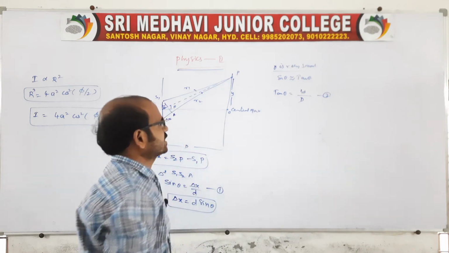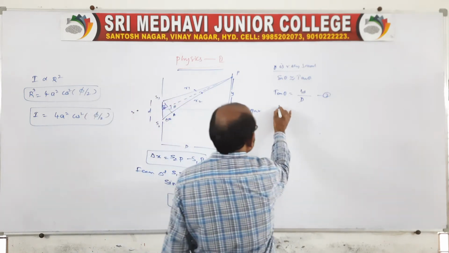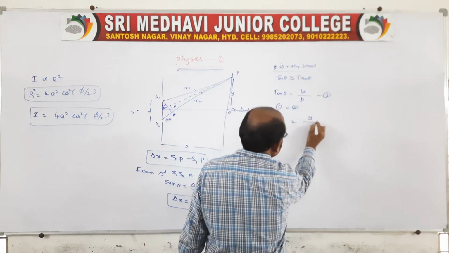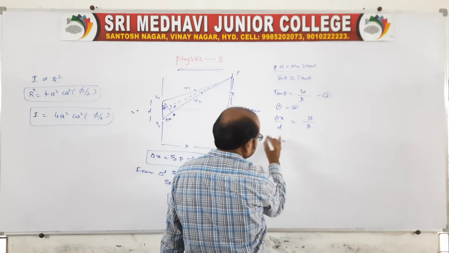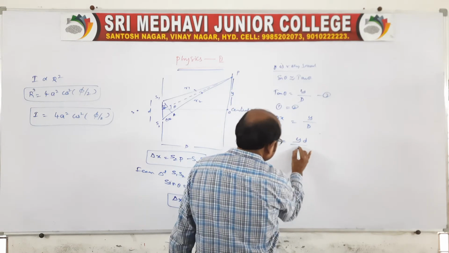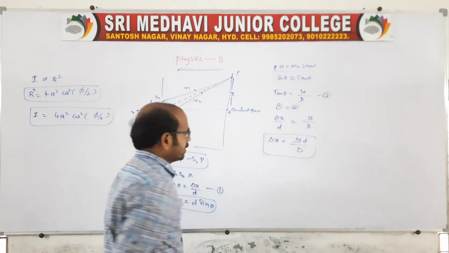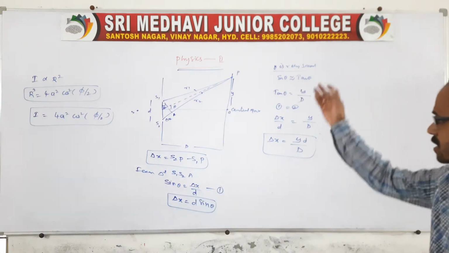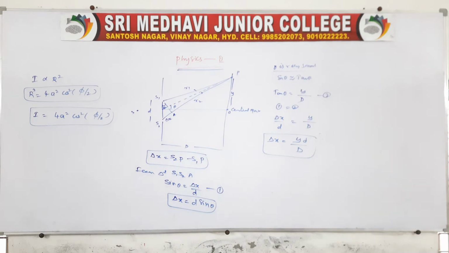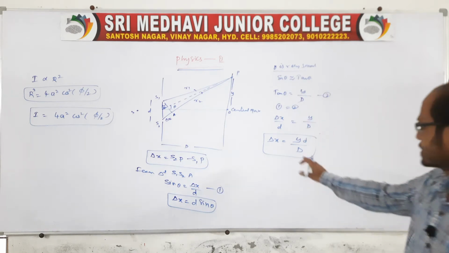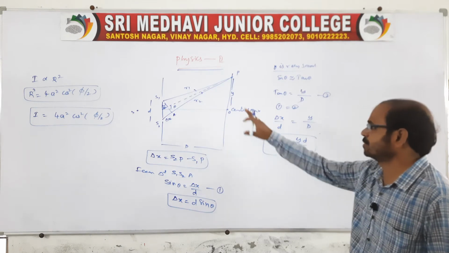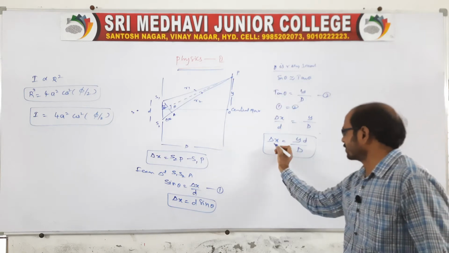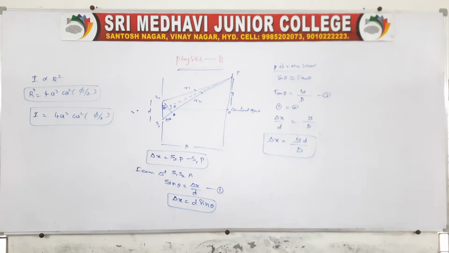Of course, sin theta is equal to tan theta. Equating these two expressions, we get delta x by d is equal to y by capital D. Therefore, the path difference will be y small d by capital D. This is the path difference with which the waves arrive at a point P on the screen. So delta x is related to the different rays arriving at a point P, and the path difference is yd by capital D.